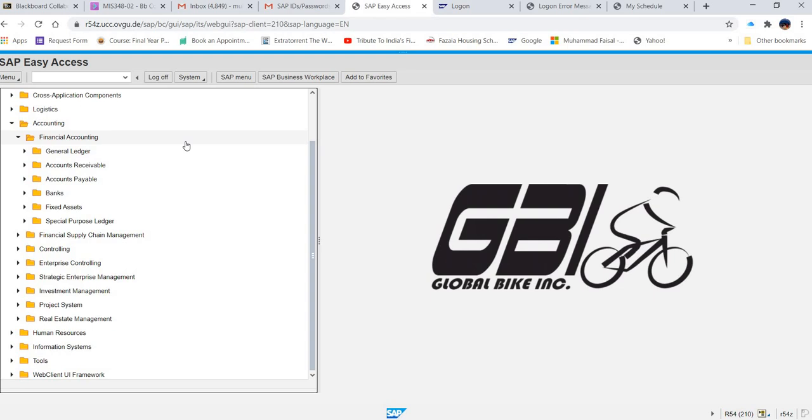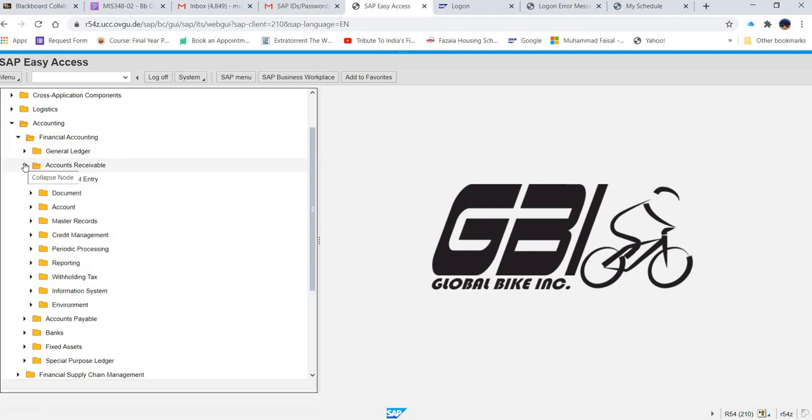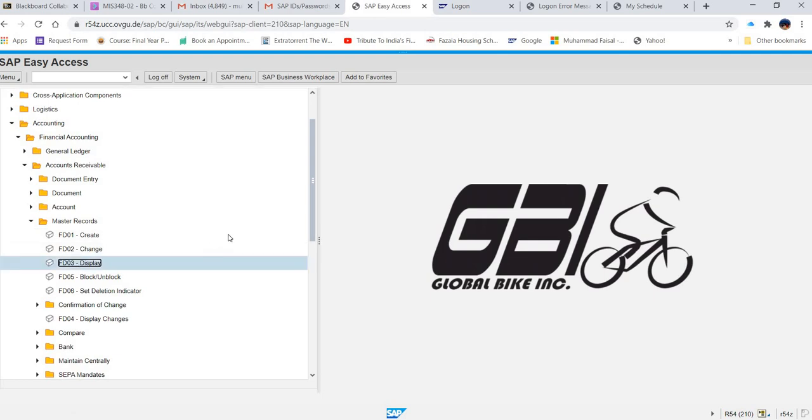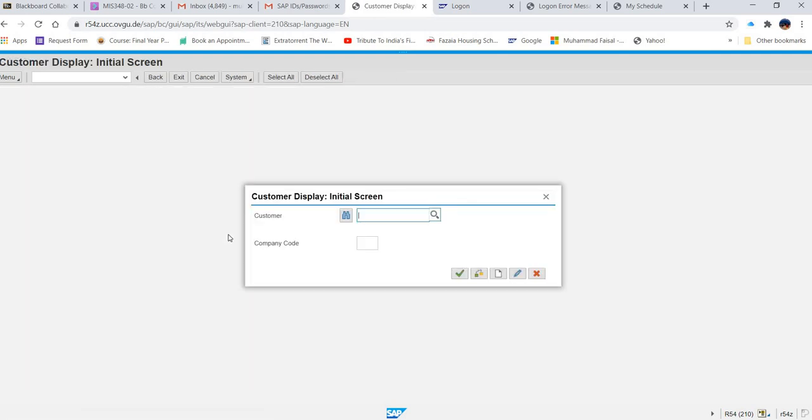Okay. So accounting, financial accounting, then accounts receivable. And then in accounts receivable, we have master record and display. So where is the master record? Here. Master record and then display. So here again, what is the transaction title?